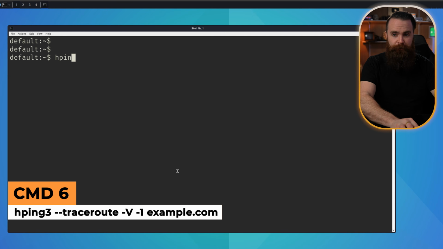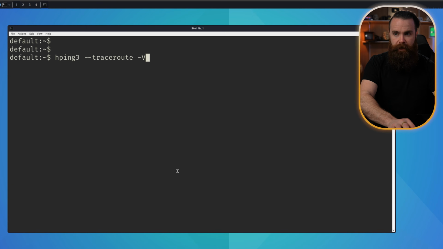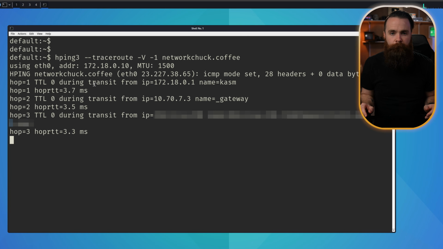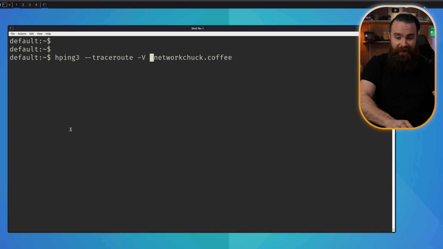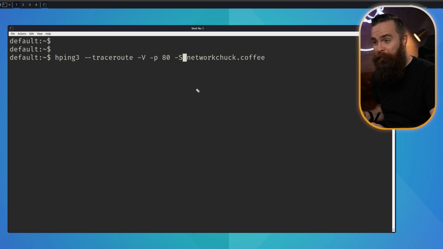We can also use hping3 for a fancy traceroute. hping3 --traceroute -V, and then here's what's cool. We'll do -1 for ICMP packets, and then our host networkchuck.coffee. But sometimes firewalls block ICMP with traceroute. Removing -1, we can instead do -p 80 and -S, doing traceroute on port 80, which is web traffic, HTTP,